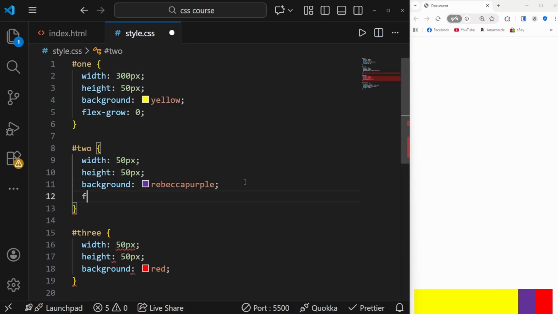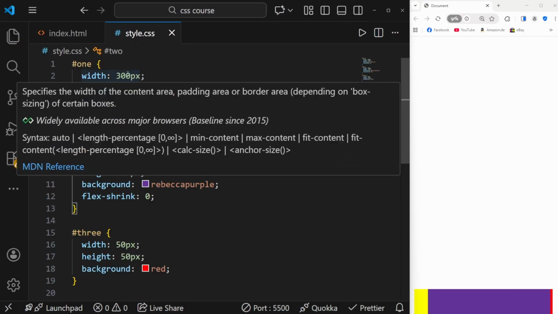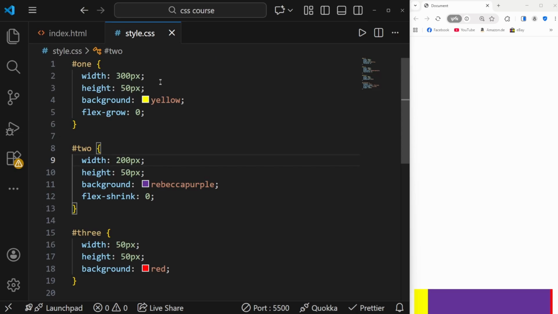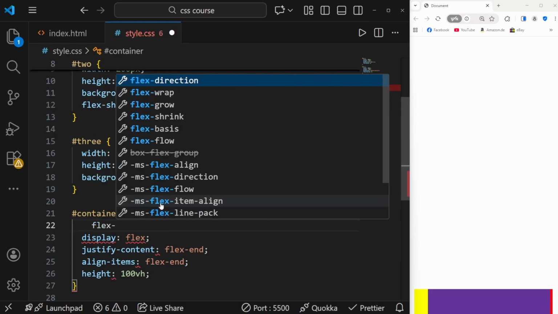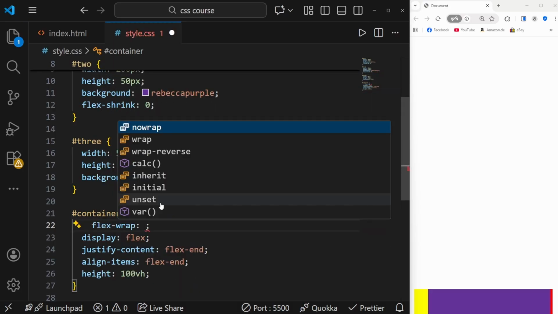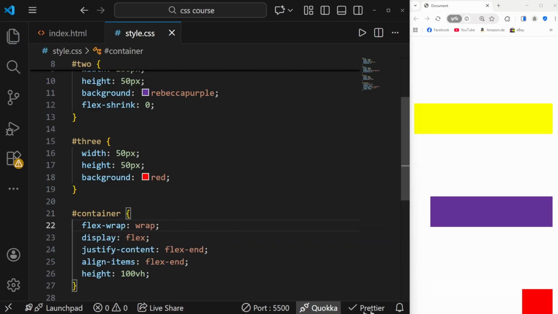But we could also say that flex shrink, which is by default 1, is now going to have a value of 0, which means don't shrink. So let's use a width of 200 pixels for that one as well. And now you can see actually both of those items take up a little bit too much space and there's not enough space available. In that case, we can also say for our flexbox, if there's no space available, we want to wrap into a new line, and we can do so by saying flex wrap, and we can set it to wrap. And as you can see now, our items wrap into a new line if there's no